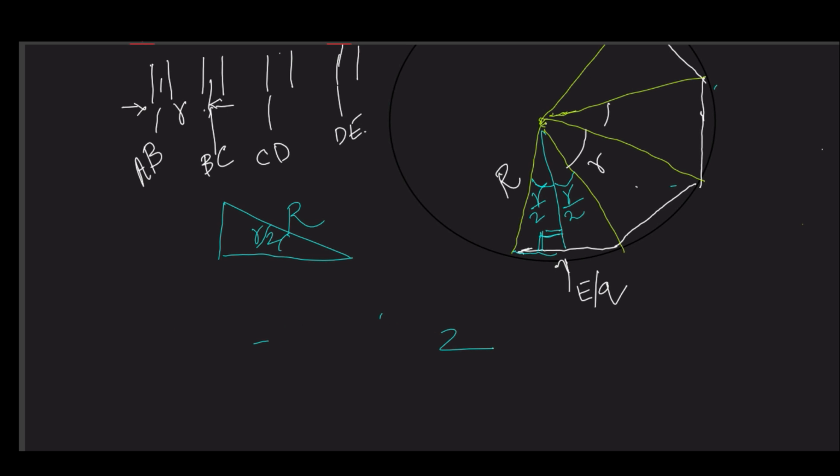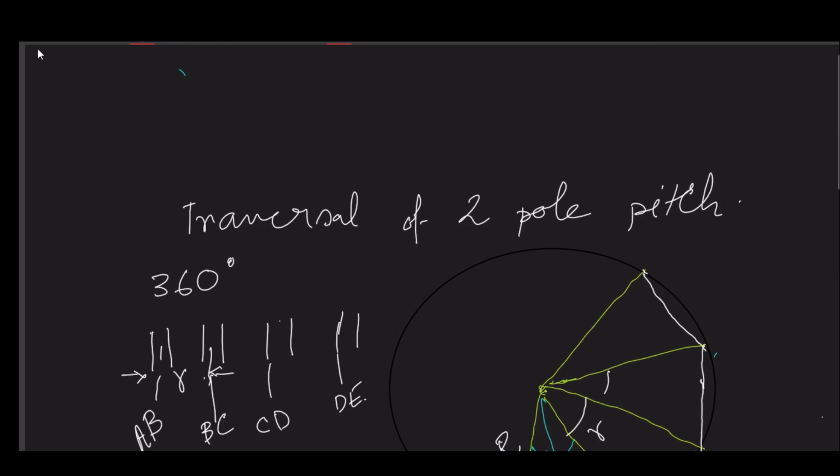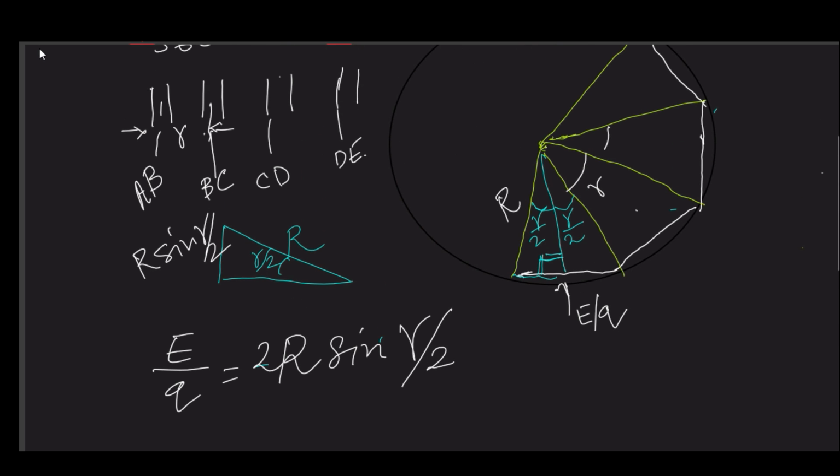E by Q is equal to 2r sine gamma by 2, because the individual height is r sine gamma by 2, and we have a similar one here. So E by Q is equal to 2r sine gamma by 2. Now we have to find out the resultant. Resultant one is